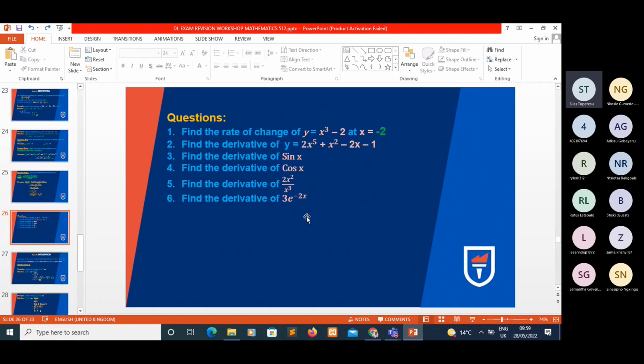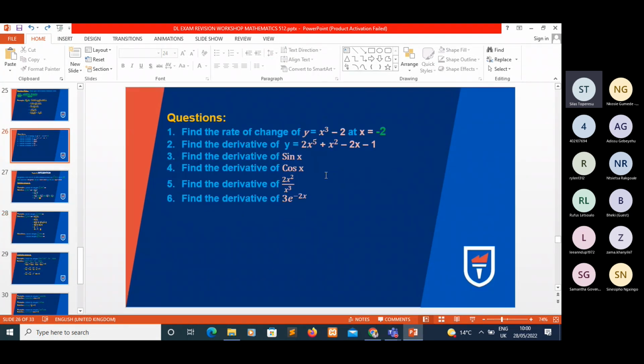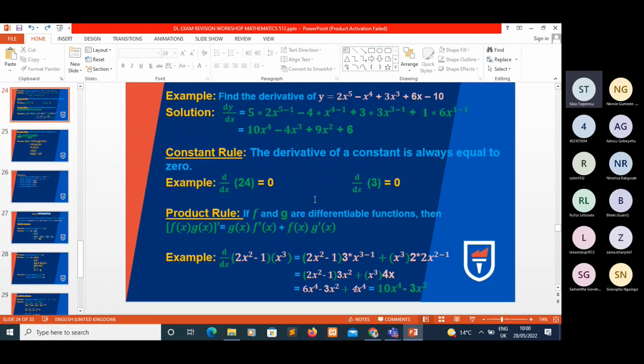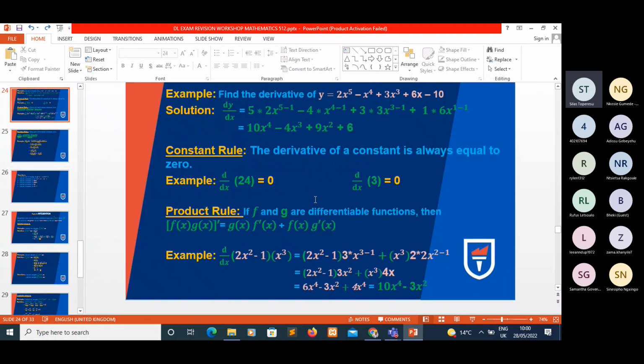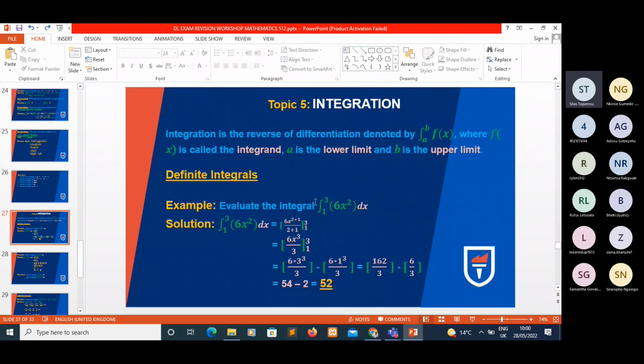Okay, I think we don't have much time. Let me just talk about what you should also know about the derivative of cosine and sine. It's unfortunate that we don't have much time on our side for us to go through everything. But let me just steal a minute of yours, guys, just to explain about integration, before I share my contacts with you. Okay, integration, guys, is different from